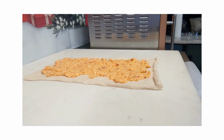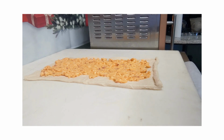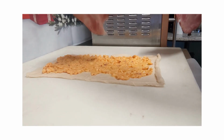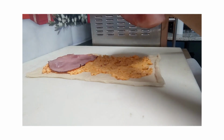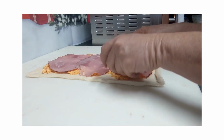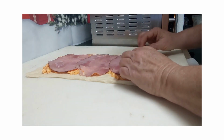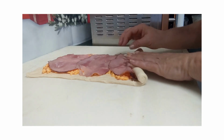Okay, once you have your pimento cheese spread on it, and you can see I left a good border untouched there because I want to be able to seal it shut. And I went to my deli and I got some really nice sliced ham. And I am going to just put that on there, like so, and then I'm going to roll it up. Okay, so once we get it rolled up,